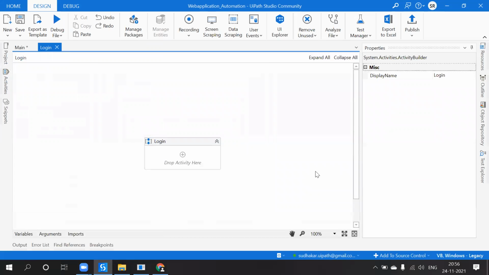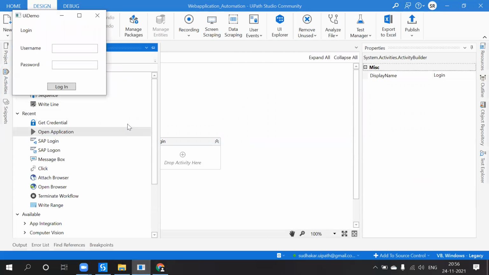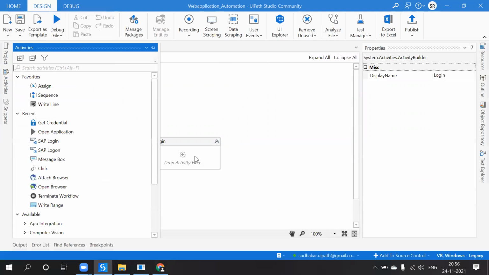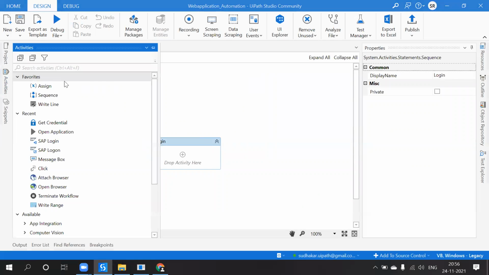What do you have to do now? We need to identify the username and password and click on login button. These three things need to be put into one created workflow. In that workflow we need to keep it.